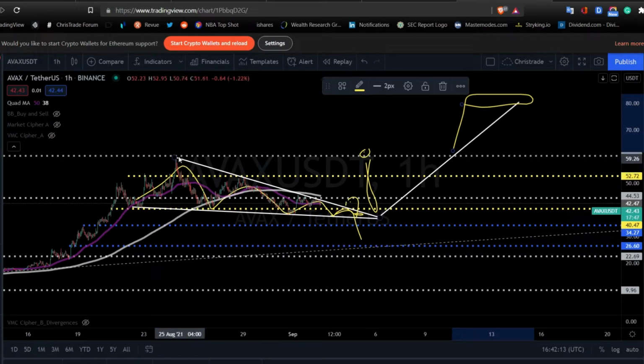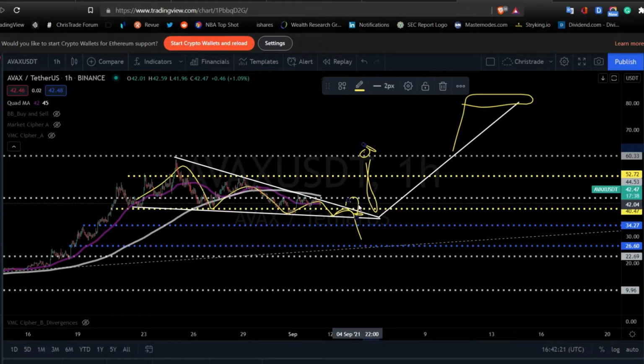Technically that would be the safest play if you are uncomfortable with these types of patterns, but ideally you want to watch it. I normally try and enter round about here. I actually want to wait for the breakout, and then if there is a pullback, I typically try and enter because it does tend to bounce back up. So you want to look at that as a play.